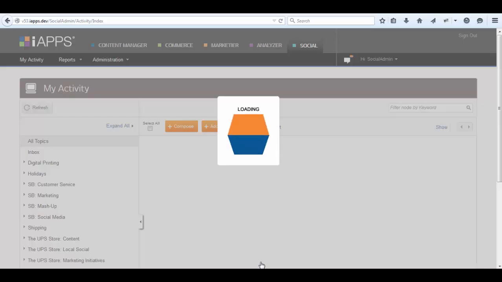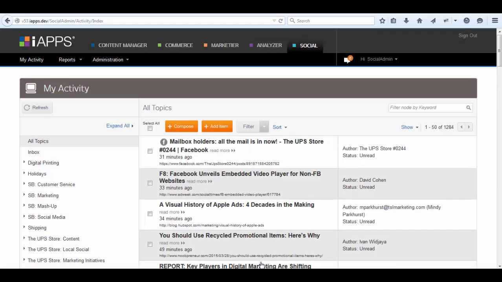Alright, so here we are on our social dashboard. And for those of you who are not yet familiar with our latest and fastest growing product in terms of popularity, I welcome you to iAPPS Social. Social is basically a mix of Hootsuite meets Radian 6 and allows for both social listening and social broadcasting of